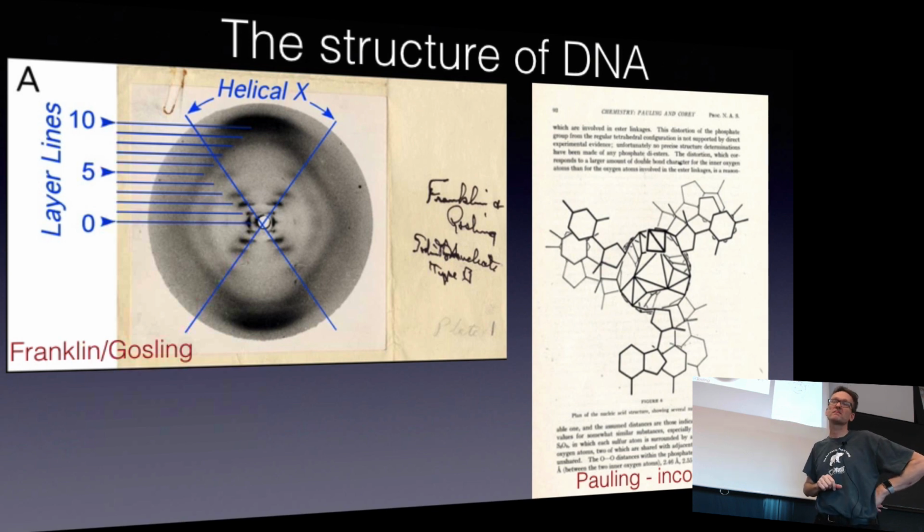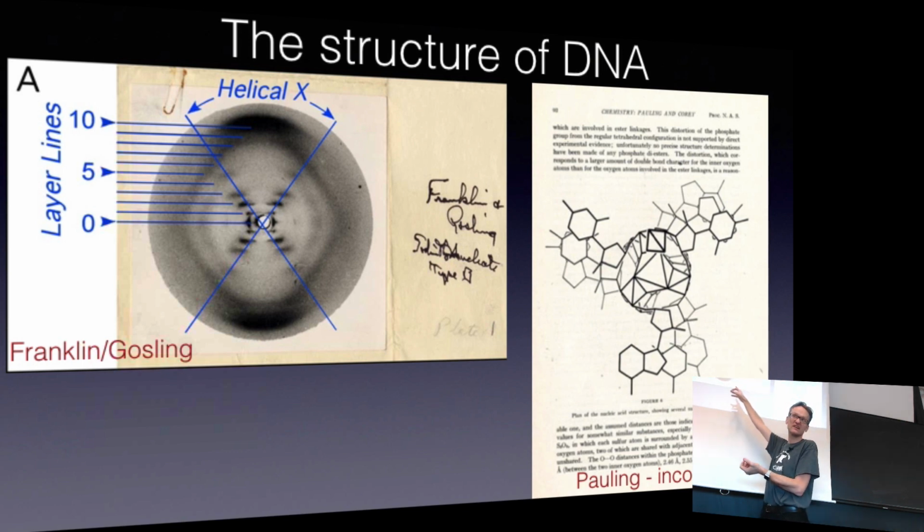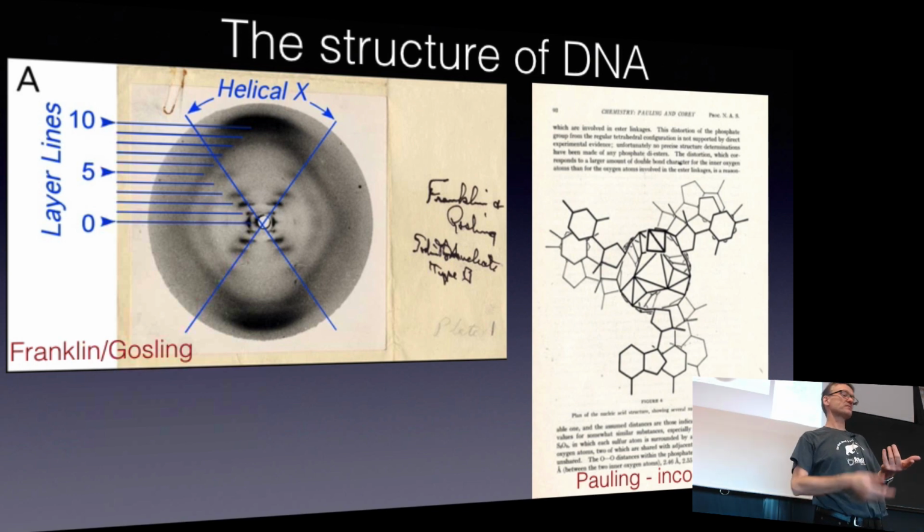That's impossible. What you then can do is sit down with a molecular model and say, if I have a hypothesis of how DNA would look, I can test whether this hypothesis model would lead to a diffraction pattern that looks like the one on the left. Then there are three possible answers. Actually, in principle, there are only two. Your model could be incompatible with the data, or your model can be compatible with the data. It's impossible to say that the data proves that your model is right.